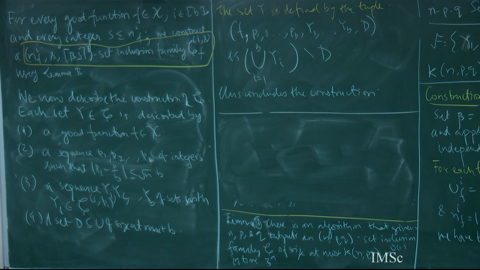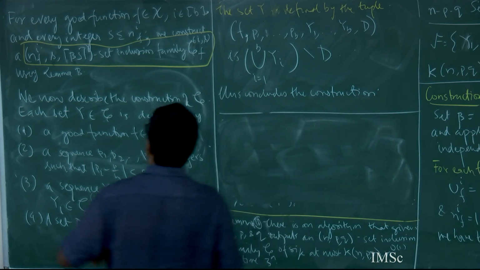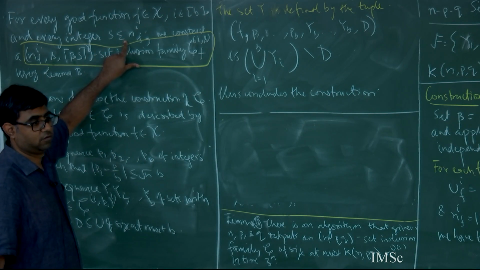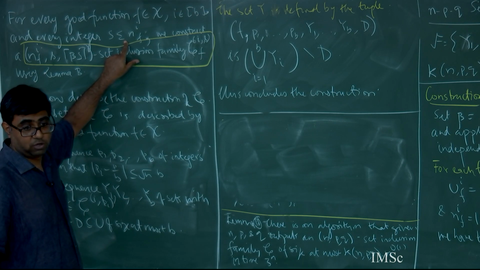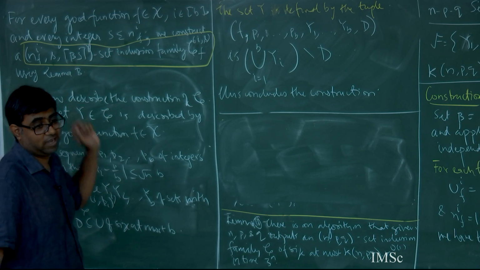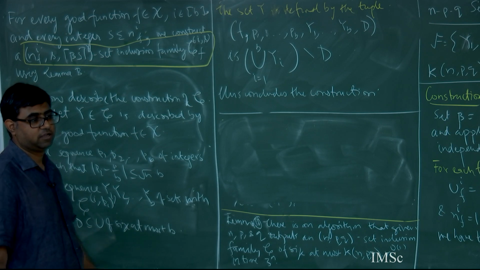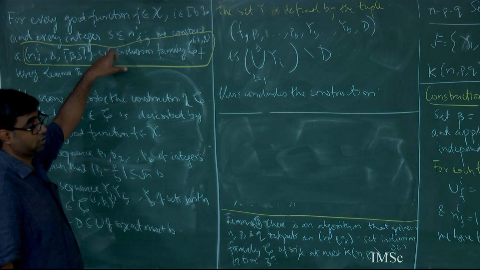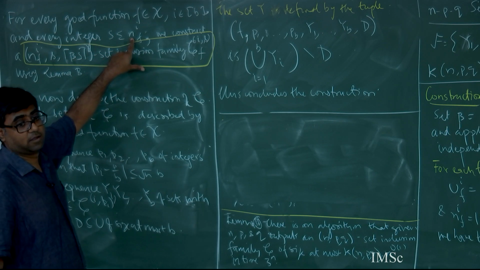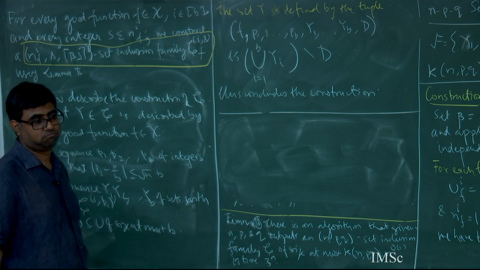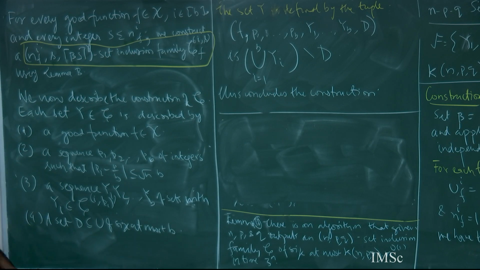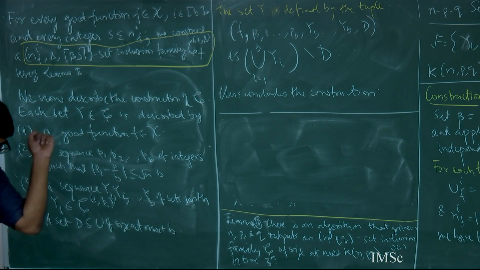I have a goal to achieve, and this itself achieves the goal, so I just put it this way. Why am I constructing all S less than or equal to NIF? Think about this. This also could be an overstatement, but I don't care in the grand scheme of things. I have already spent a lot of time here because I construct for all NIF, but those do not matter. I have already computed all of them and kept them, and then I'm just going to use them.